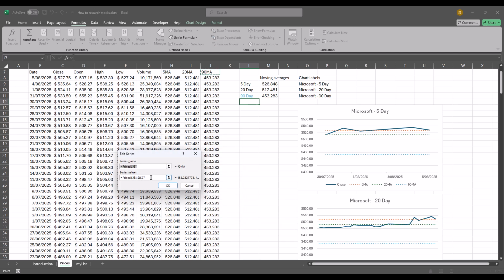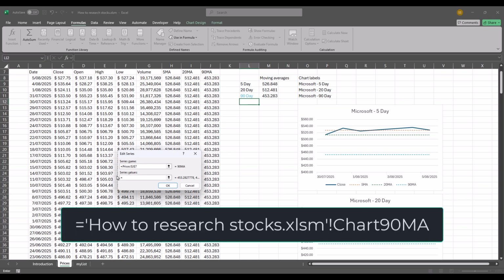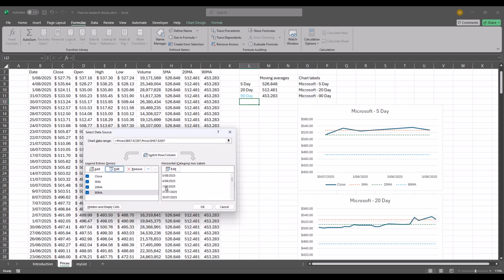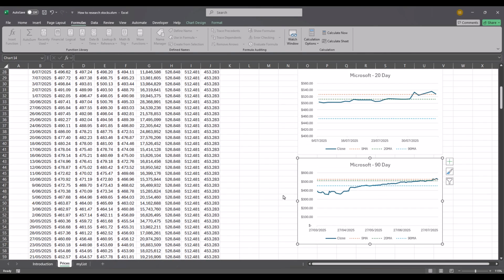And for the 90MA, we'll go to equals apostrophe how to research stocks dot XLSM apostrophe exclamation mark Chart 90MA and click OK. And click OK. And now we can see that our 90-day chart has been updated with the 5, 20, and